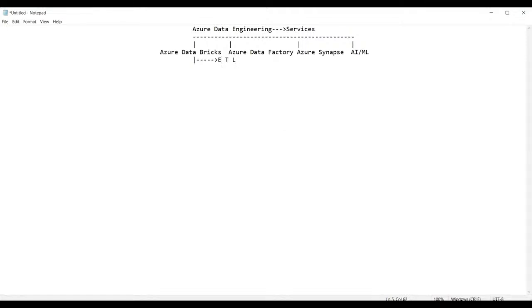ETL stands for extraction, transformation, and loading. Azure Databricks is a service provided by Microsoft within Azure data engineering for the purpose of extraction, transformation, and loading.